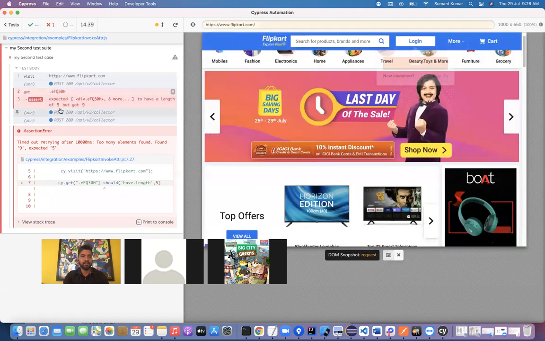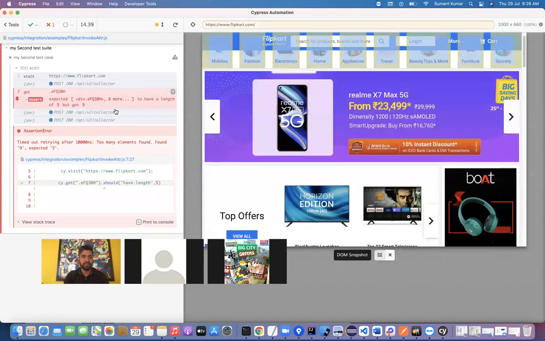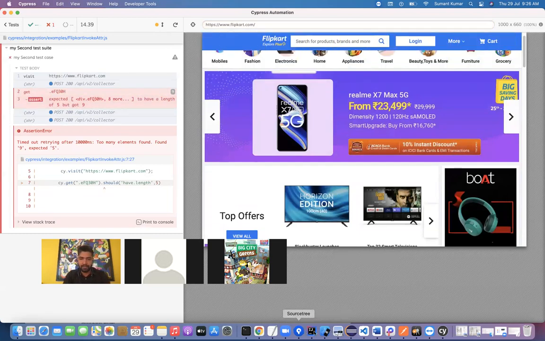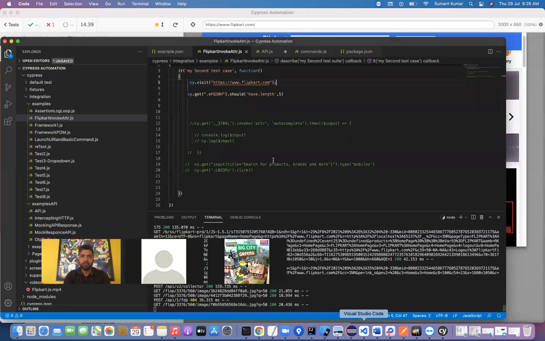You can see this message on the left side. First I will tell you what I have done in the code, then you will relate. I just launched the Flipkart site, went there and got an element with this class, and I'm writing the assertion.